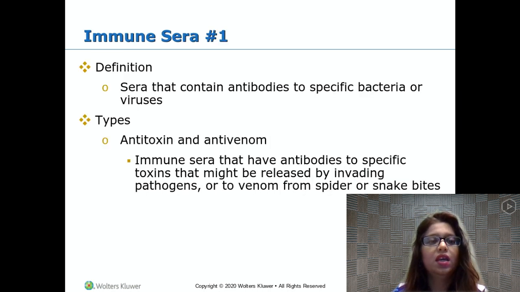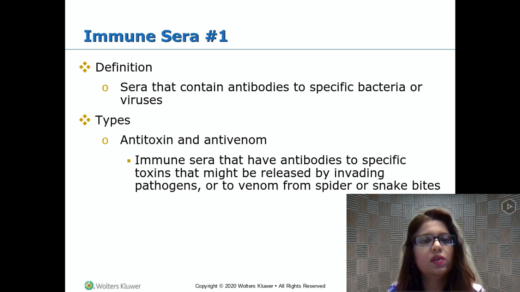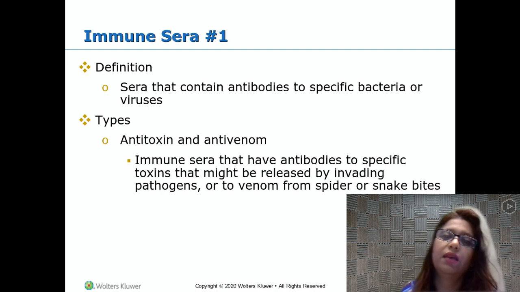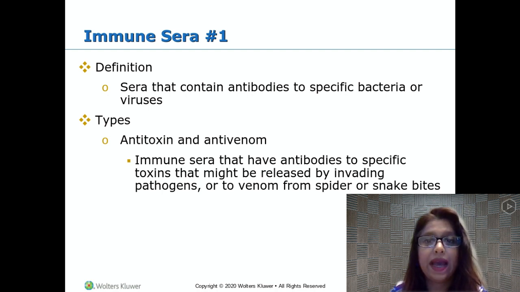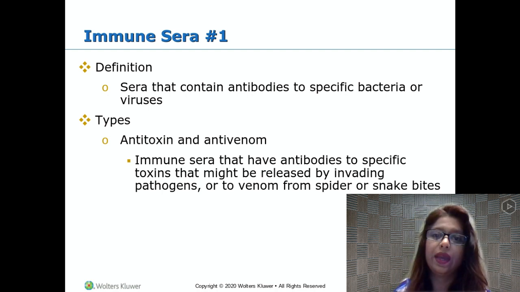All right. The immune sera. What is immune sera? Sera that contain antibodies to specific bacteria or viruses. So this is already pre-prepared antibodies. Your body doesn't have to make antibodies, because they are already prepared. What are the different types? It could be the antitoxic kind or the antivenom kind. So immune sera has antibodies to specific toxins that might be released by invading pathogens, or to venom from spider